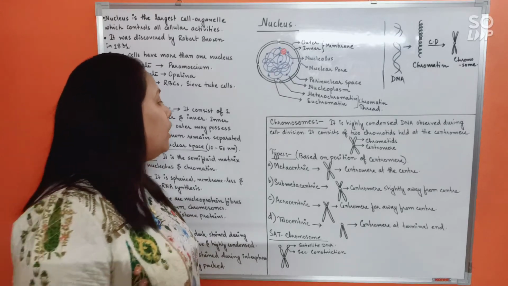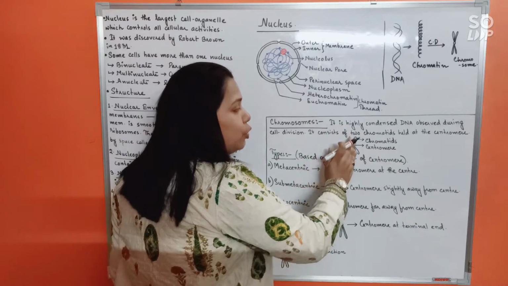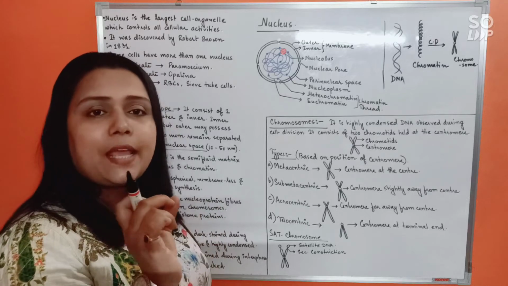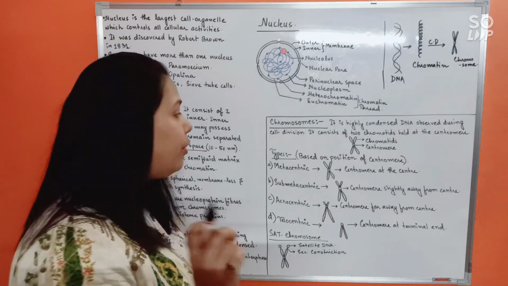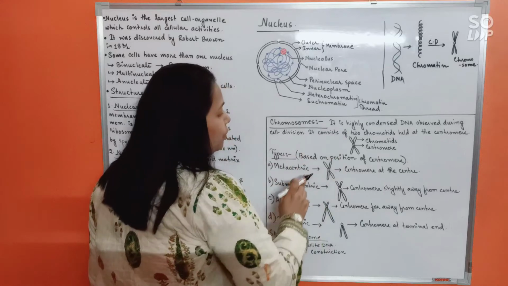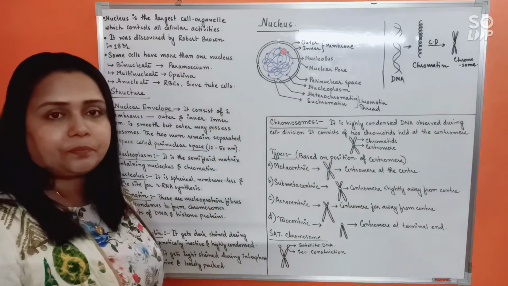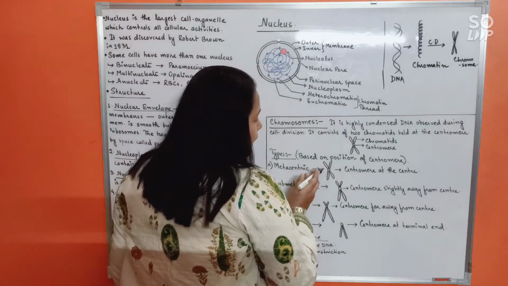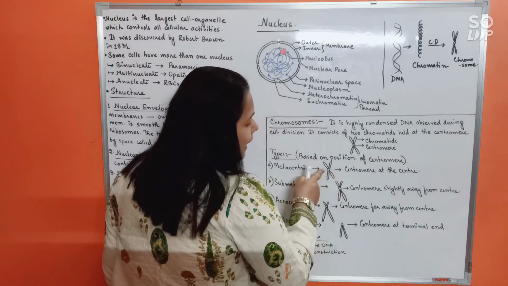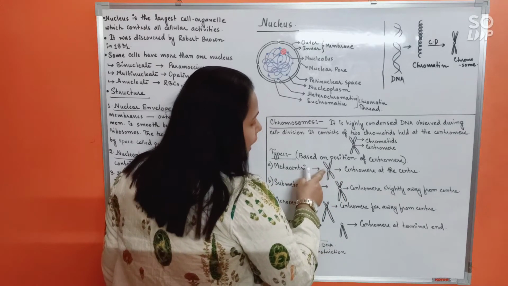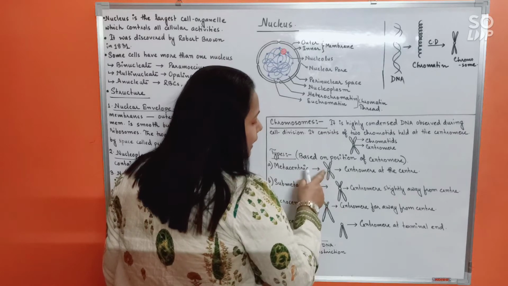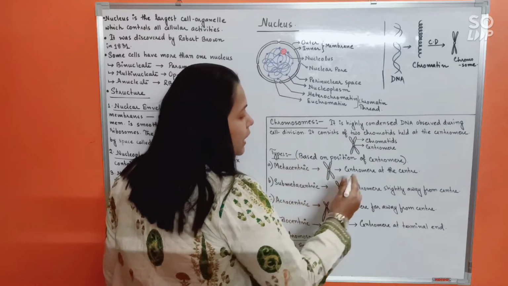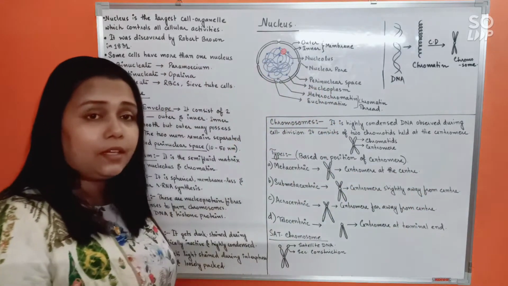Alright. So basically every chromosome will have two chromatids, and both the chromatids will be held together at a centromere or primary constriction. Now, types of chromosome based on the position of the centromere. See, first is metacentric. In a metacentric chromosome, the centromere remains exactly at the center, so that it will divide the chromatids into two equal halves. See here, centromere exactly at the center.